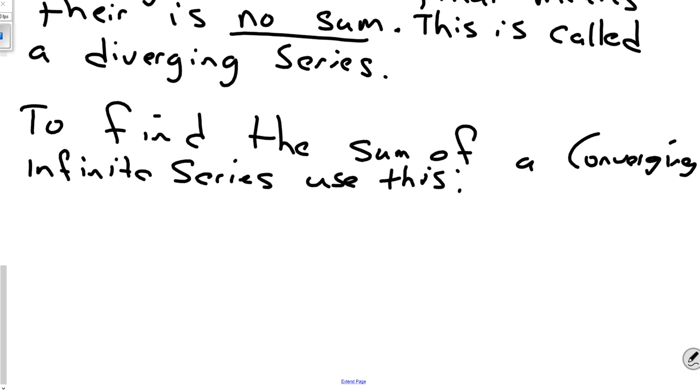Super simple formula. So we use an S again for series and sum. But this time, instead of the nth term, because it's infinite, the terms don't stop. So we use this cool little